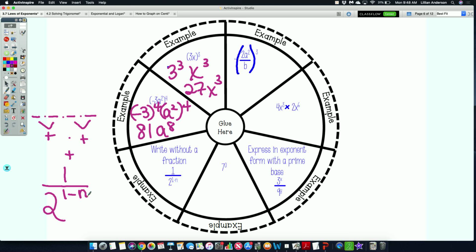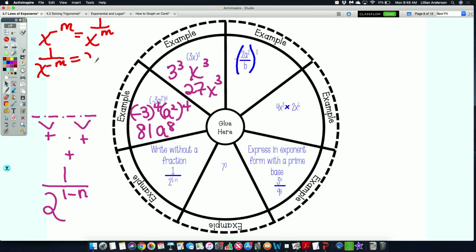The question is asking us to write it without a fraction, which means that I cannot have a 2 in my denominator. So to get that 2 with this exponent out of the denominator, we don't multiply, we would negate your exponent and bring it to the top. Remember that negative exponent rule: if you have a base raised to a negative exponent, it's 1 over that base to the positive exponent. It works the other way as well. If you have